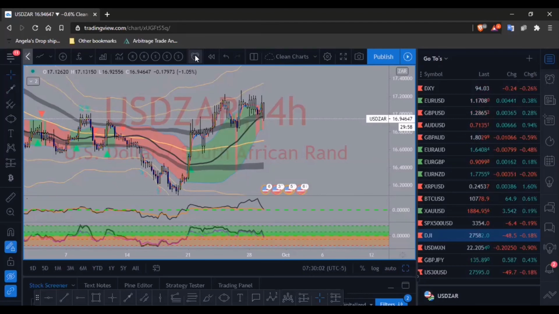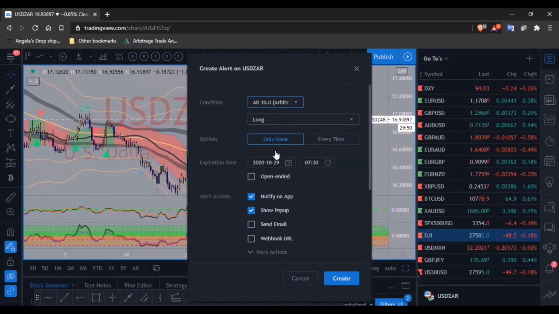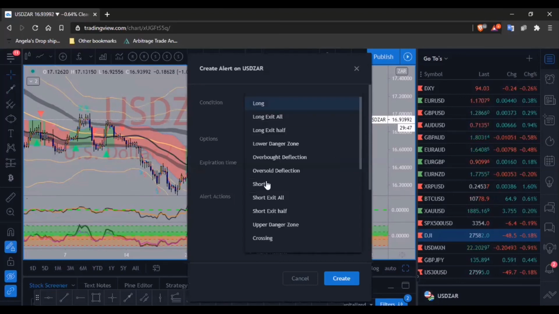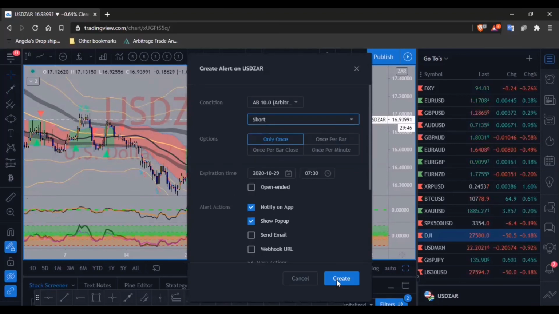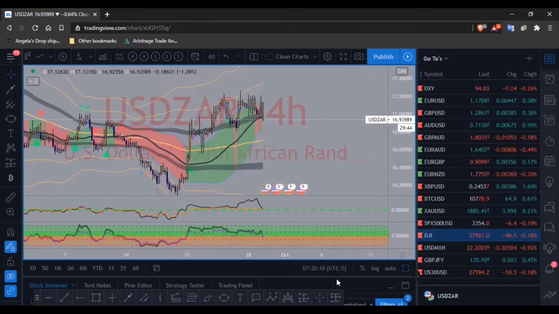So USDZAR, 4 hour time frame, arbitrage, shorts, looks solid. So just waiting for this alert to go off, and then I'd be like, okay, let's get into the USDZAR trade. And as for gold, Chris,